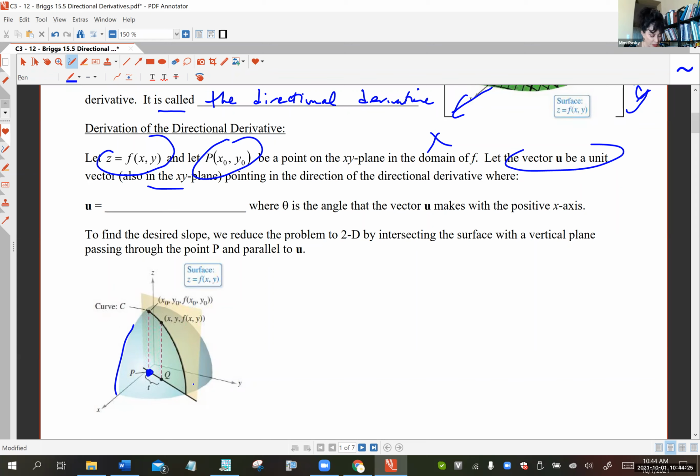They're not showing you here, so I'll show it. Let's say I'll draw u in standard position. Down here in the xy plane is u. So let's point it in the direction of, say, a diagonal. And you can always give your u in the xy plane its components. It'll be cos theta, sine theta, where theta is the angle that the little vector u makes with the positive x-axis. So the slope, when we reduce this problem to 2D, where we're going to do rise over run, is